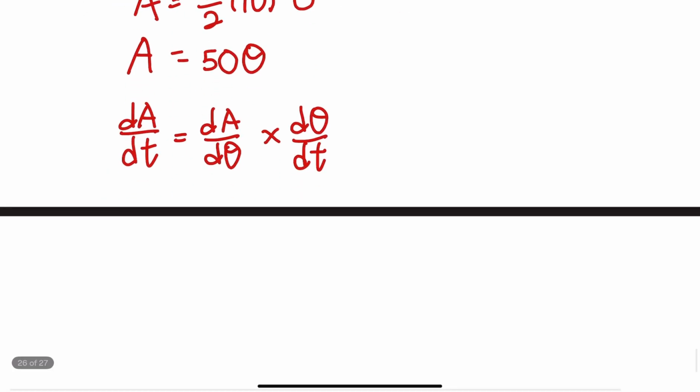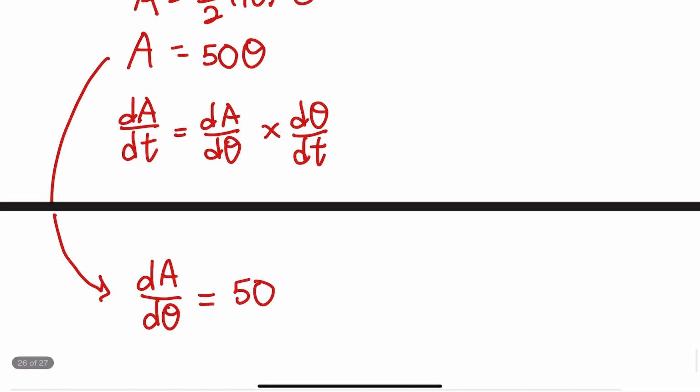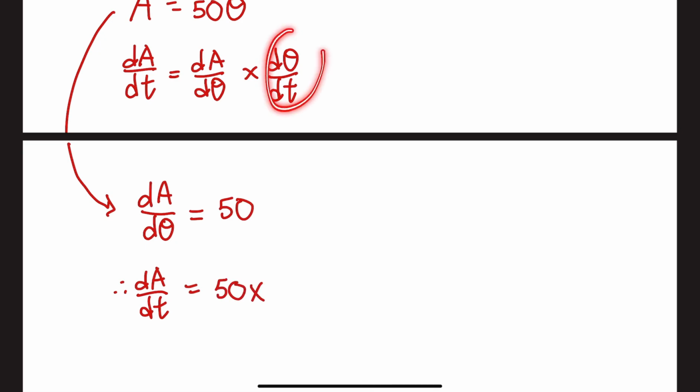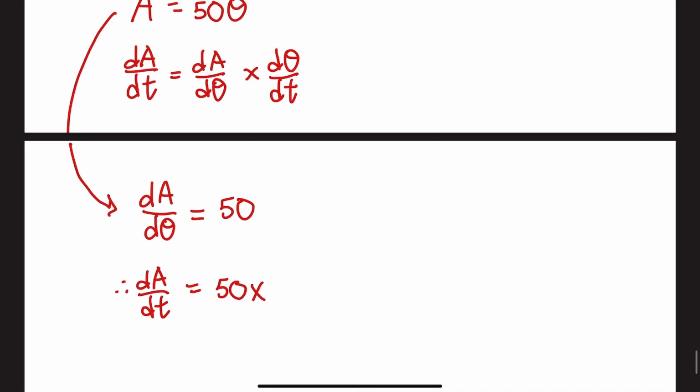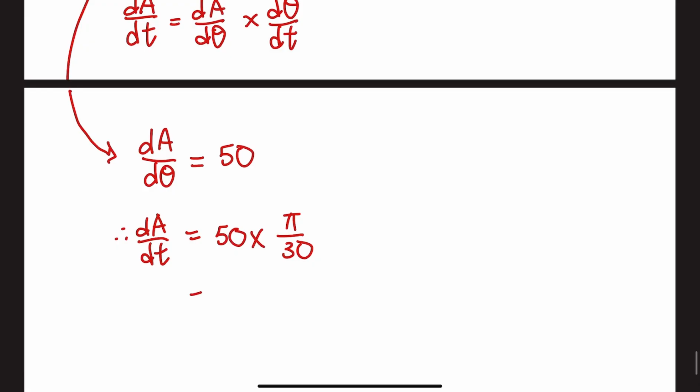Therefore, dA over d theta is equal to 50. Therefore, dA over dt, the rate of change of the sector area, is simply equal to 50 times d theta over dt, which we found in part 1 to be pi over 30. And therefore, the final answer is simply 5 pi over 3